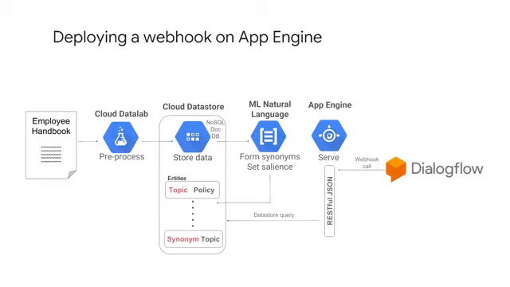In our HR chatbot example, the webhook is called by the Dialogflow agent's fulfillment component to get answers from Data Store once a topic entity is matched. The webhook code uses information from the HTTP POST request sent by your agent to look up the keyword and match it with the topic entity in Cloud Data Store. The webhook will then return a response back to the user, which contains the definition of the keyword passed in the request. Let's take a quick look at the webhook code.